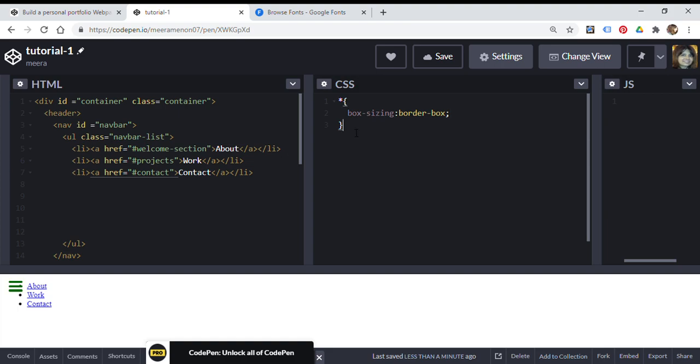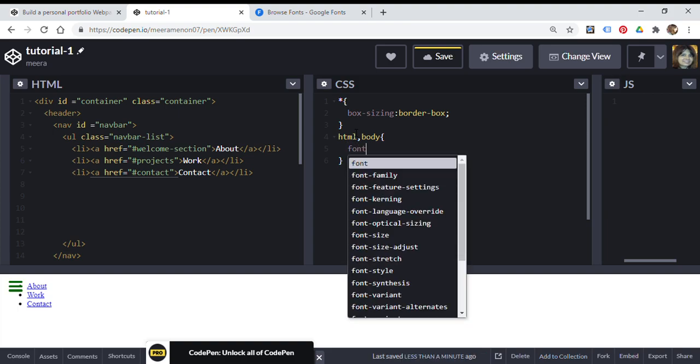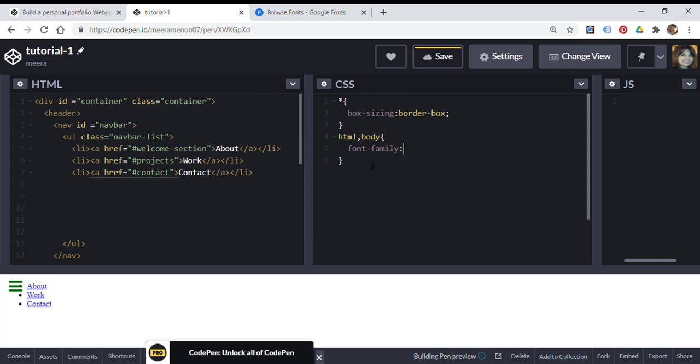Okay. Then you have your HTML body. So I just give nothing much. Font family. I give like, in this case, what have I given?